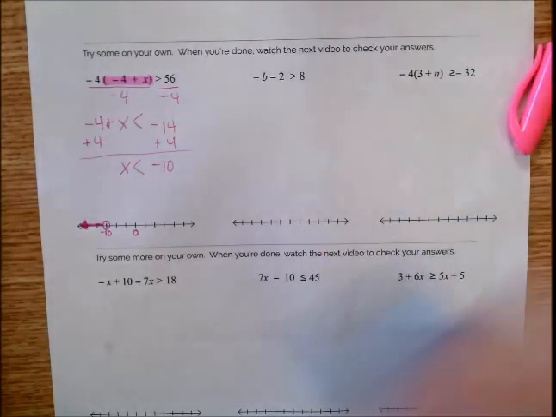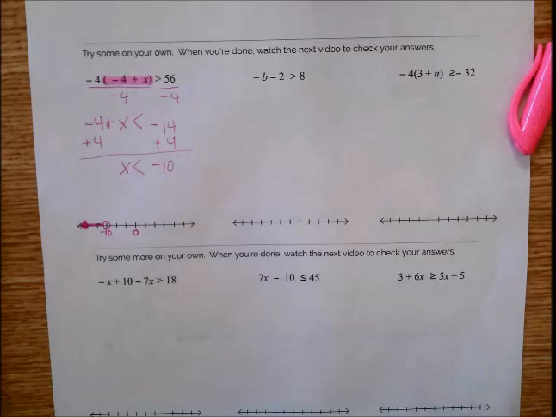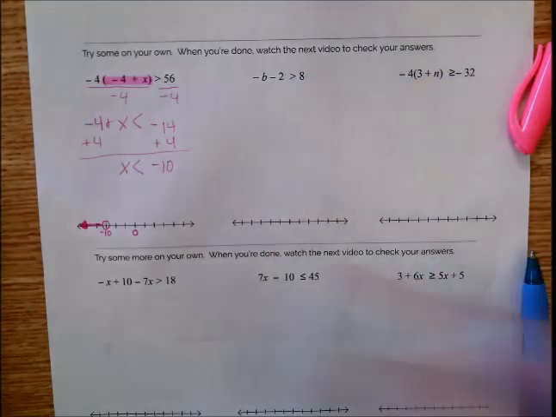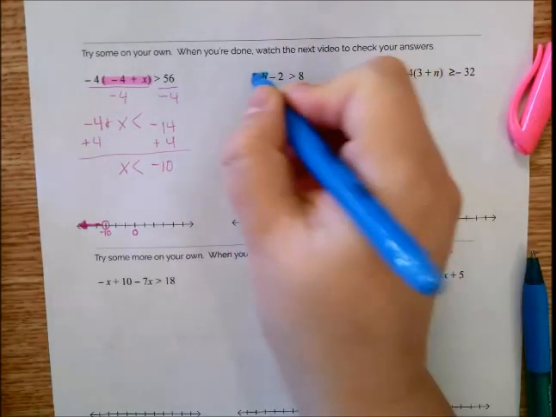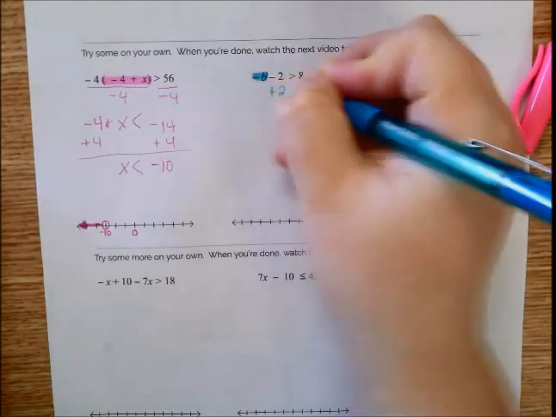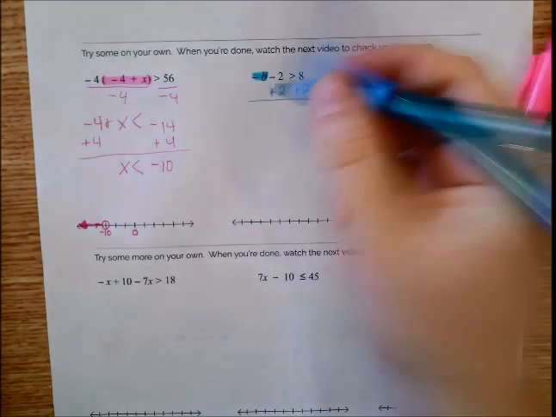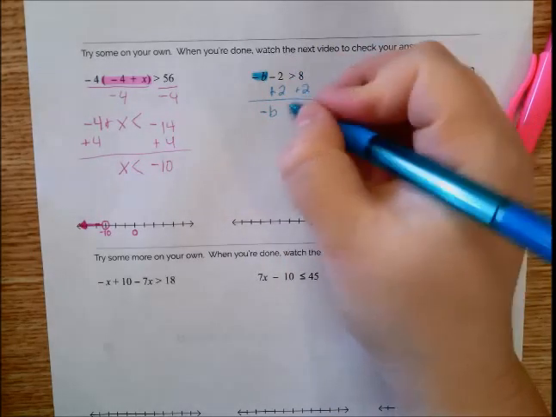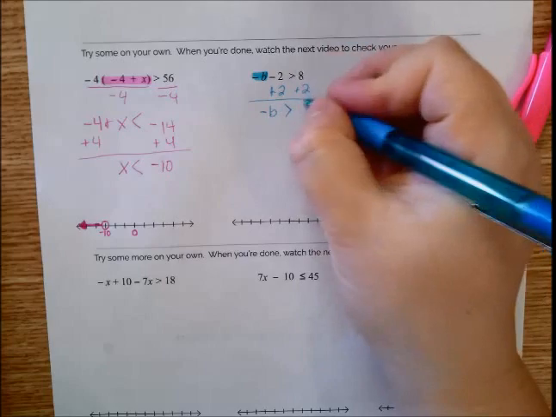Let's take a look at the next problem. Negative b minus 2 is greater than 8. I need to get negative b by itself before I can handle it, so I'm going to start by adding 2 to both sides. So plus 2, plus 2. When I do this, all that remains on the left is negative b. I added 2. I don't need to worry about changing the direction of my sign, so I get negative b